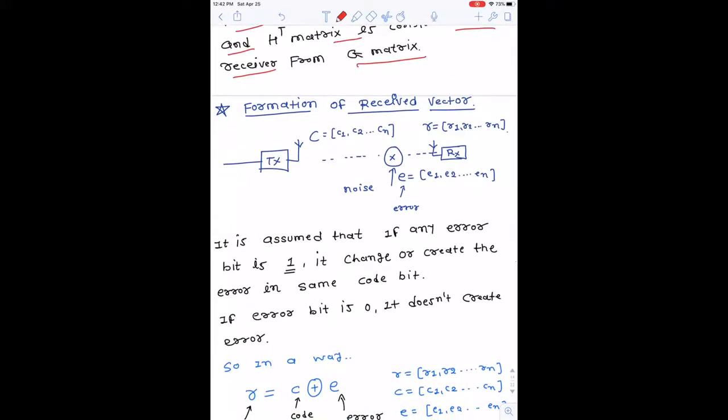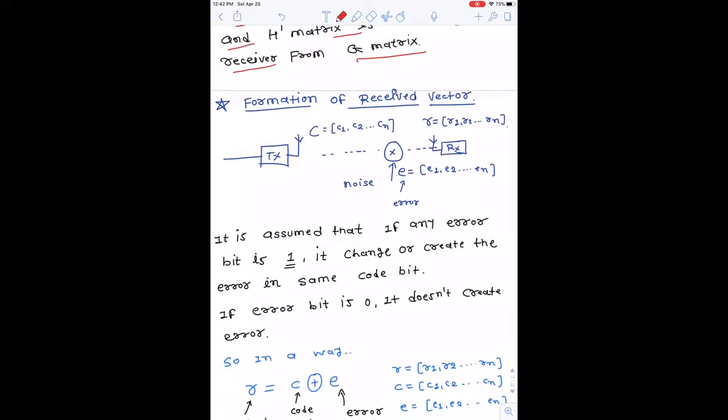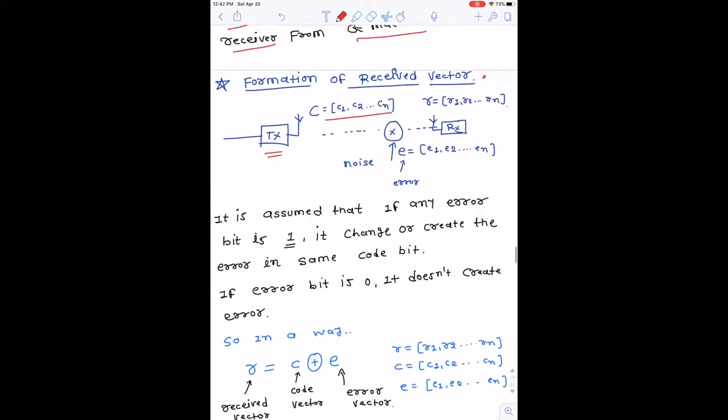Now, how do things work in the next process? Formation of the receive vector. Here you can say there is a transmitter. The transmitter is sending the information in the form of a code vector C1, C2 up to Cn. Then it is XORed with the channel noise. Channel noise is basically error, so it is XORed with a channel error, and then you get the receive vector R. So R is simply the code vector C